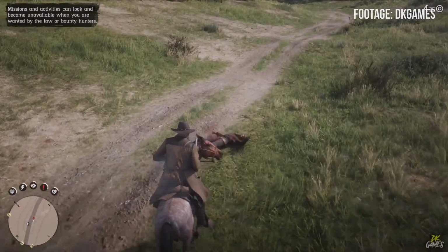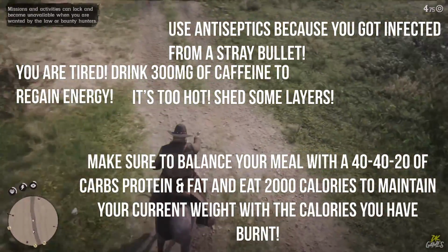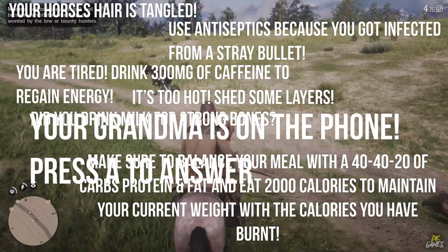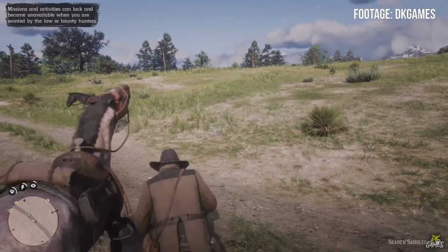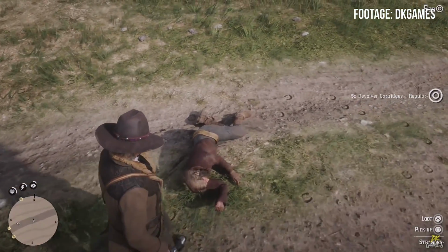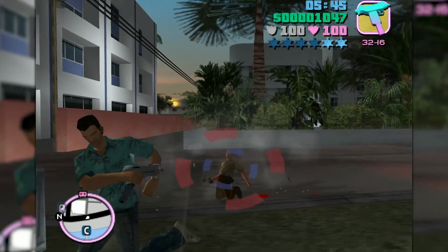Sometimes I don't feel like dealing with hunger and regeneration and stamina and temperature and grooming my horse and making sure my character eats a well-balanced breakfast and calls his grandma to check in. Sometimes I just want to play a video game and drift away from my responsibilities for a bit. Because of this, I'd have to say that Vice City is without a doubt one of my favorite GTA games